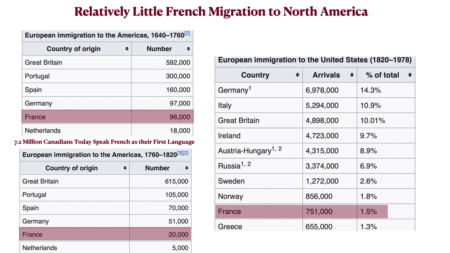But then you look at the period of European migration to the Americas, 1760 to 1820. With Britain, again, over 600,000, Portugal still over 100,000, and France at over 20,000. And then European immigration just to the United States, 1820 to 1978. You can see Germany with almost 7 million, the highest, and Italy with 5 million, UK with almost 5, Ireland